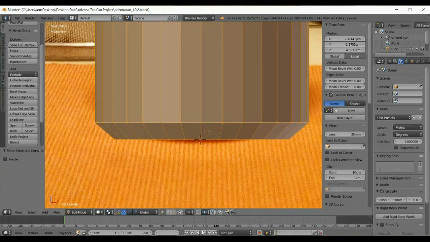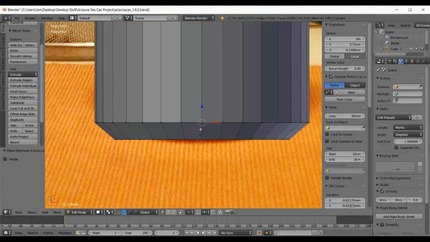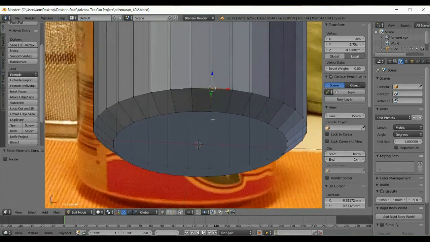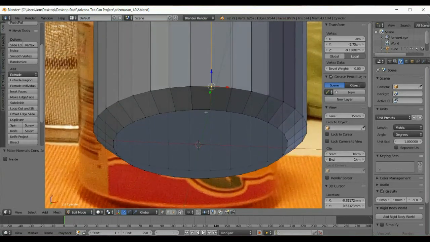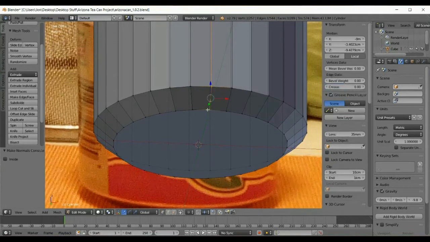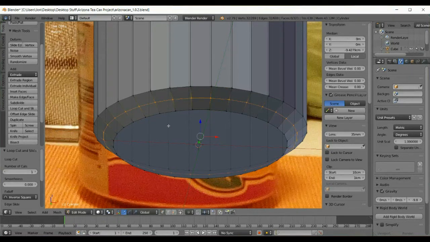So this part can be modeled very easily, I think. Personal opinion. If we right-click, shift right-click, and then loop cut and slide again,